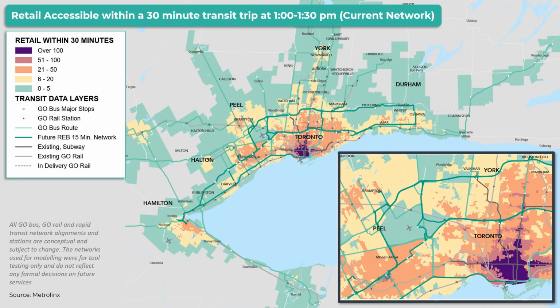Similarly, the same tool can be used to visualize and analyze impacts of service changes to access to other points-based opportunities such as grocery stores, schools, hospitals, or post-secondary institutions at any period of the day or night, to ensure services are being best designed around the people they need to serve in all facets of their lives. Like the jobs example displayed earlier, layering equity-related data or comparing two scenarios will note how network changes impact equity-seeking groups in relation to the population at large. Anthony.